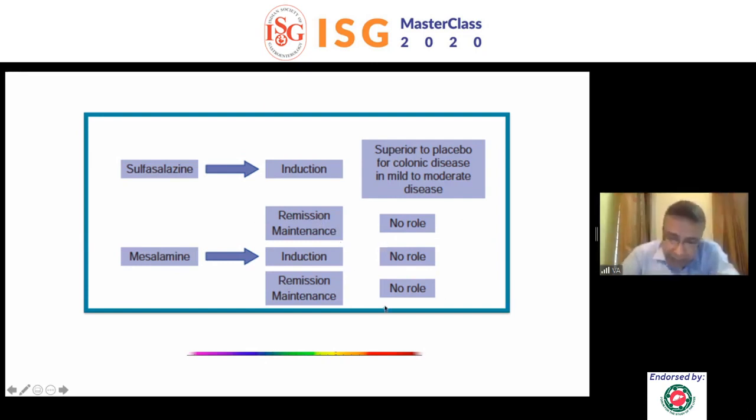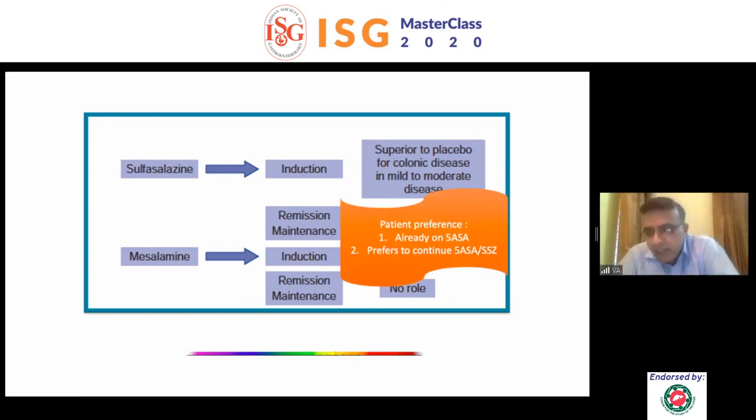But yet, in real life, what has been seen is that many patients of mild Crohn's disease with inflammatory phenotype, if they have been started on 5-ASA, seem to be doing well, and we do not see any reason why it should be stopped in such patients. And if they have a preference, they should be continued on 5-ASAs as long as the risk of progression is low. That is what you keep on evaluating.